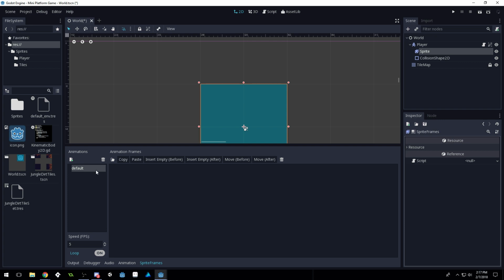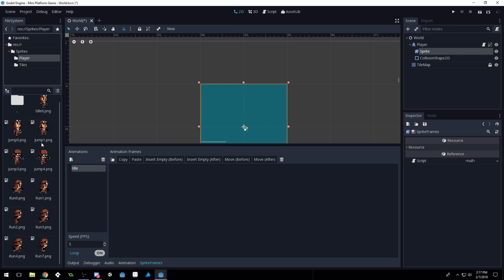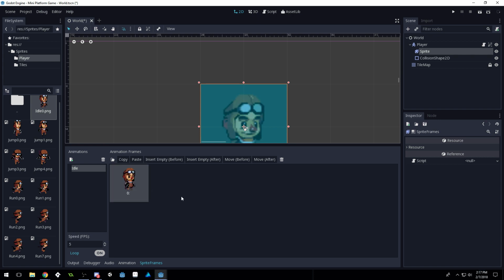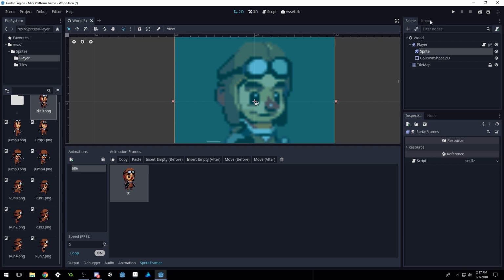Now over here on the left, these are animations, and in here are the frames for each animation. So we're gonna change this from default to idle. Come into our sprites, into our player sprite, and we'll drag over idle. Drop it right there. Now you can see this one's blurry too,